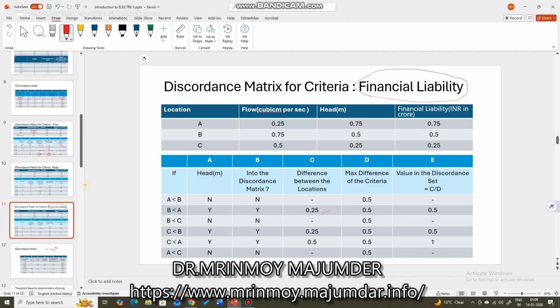So this needs to be divided, and we are doing it. 0.25 is the difference between the locations that we are comparing, B less than A. 0.5 is the maximum difference between all the alternatives for a single criteria, and C by D is your result, 0.5. Similarly, you have to do it for B by C, C by B, C by A, and A by C. And accordingly, if it does hold true, the question that you're asking is all